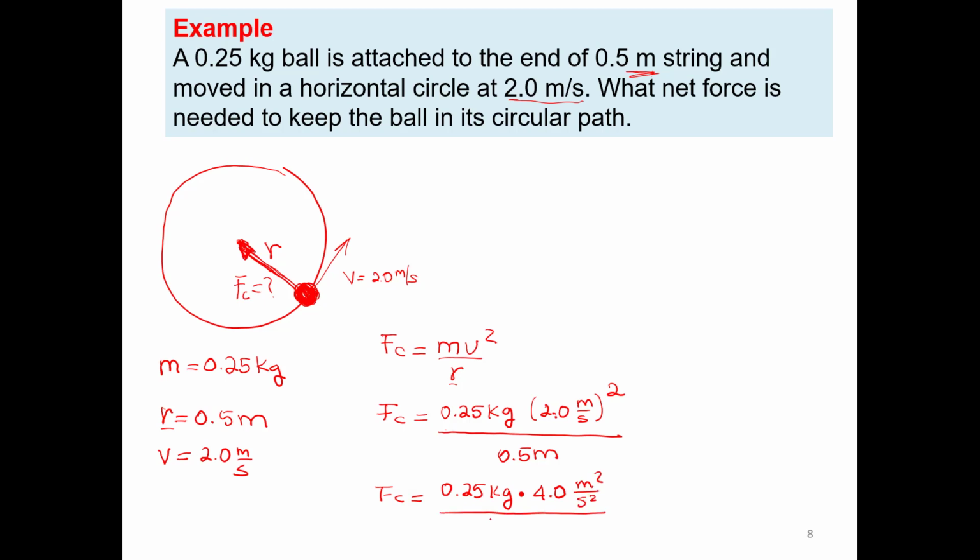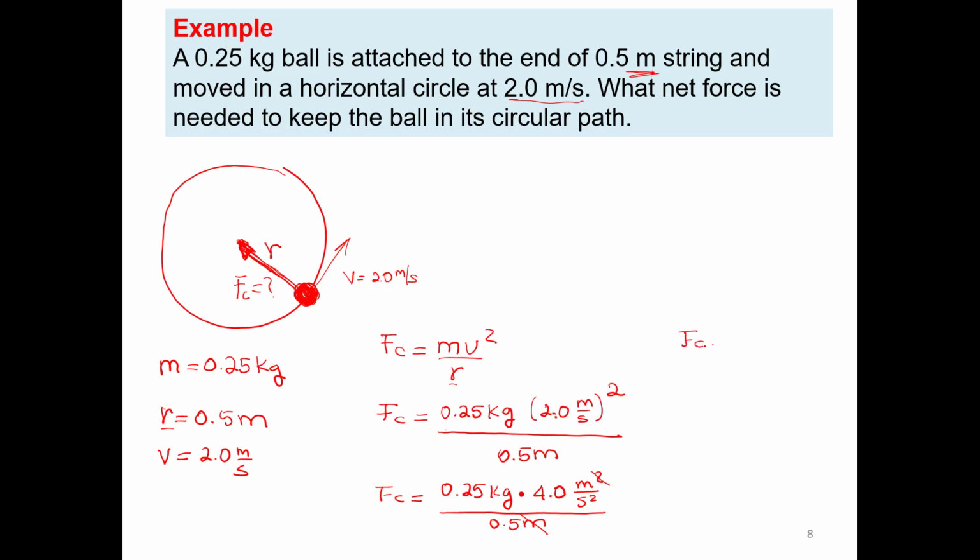Divide by 0.5 meters. Now we need to check the units. This meter cancels out with one of these meters. Then we multiply 0.25 times 4, and we will have 1.0. And let's write here